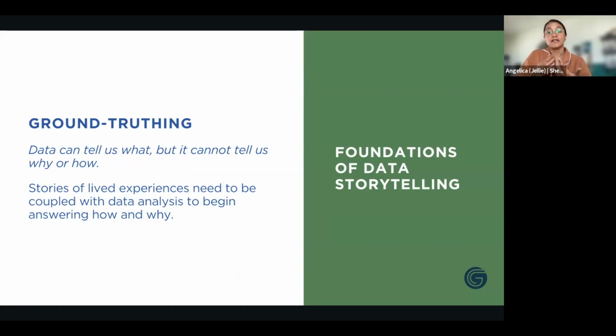So data itself can tell us what is going on, or we can look at the relationships between things, but it cannot tell us why or how the degree of that relationship. And so the stories of lived experiences should be coupled with data analysis so that we can start to answer those questions, or approach answering the questions of how and why a phenomenon is happening with a particular group or individual. And we'll talk a little bit more about that in a little bit. So with that in mind,